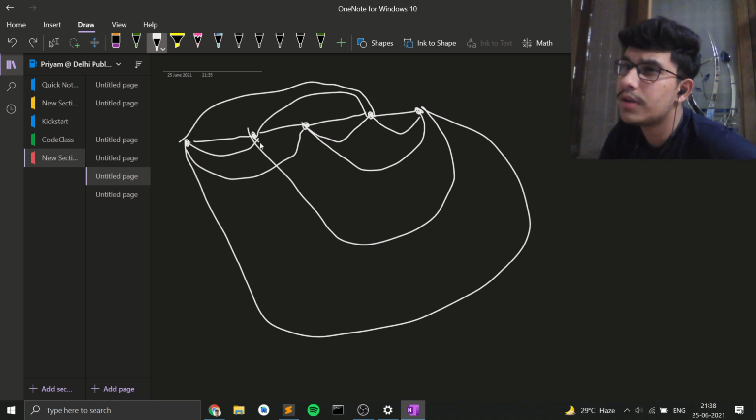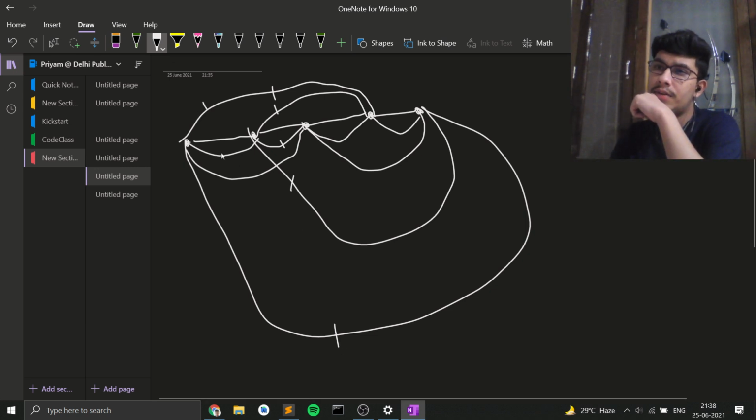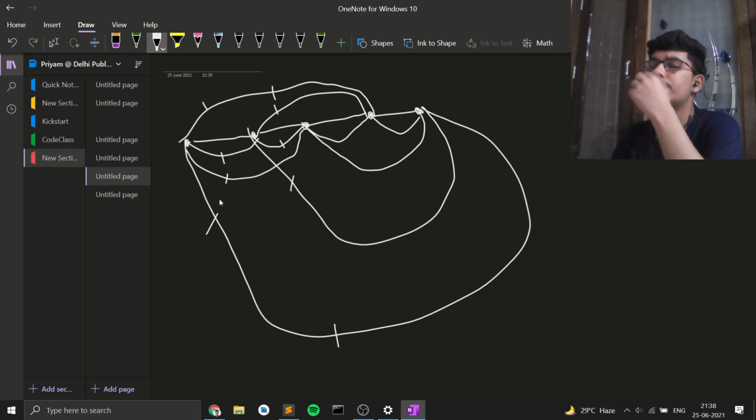Oh, this was also an edge, right? So now we have 1, 2, 3, 4, 5. And here we have 1, 2, 3, and 4. Yeah, because you can only put it for 4 in 4 ways, right? Yep. But for this one,